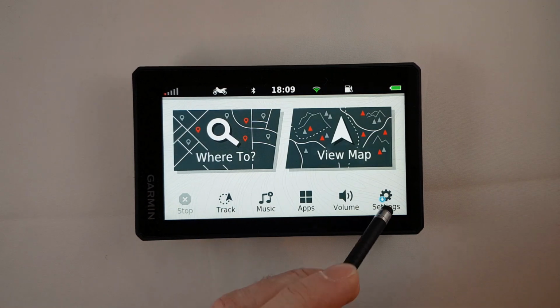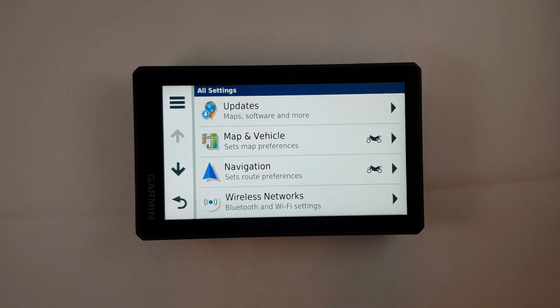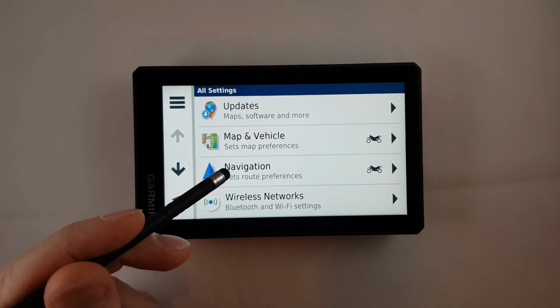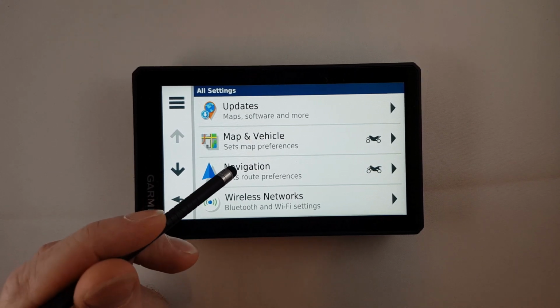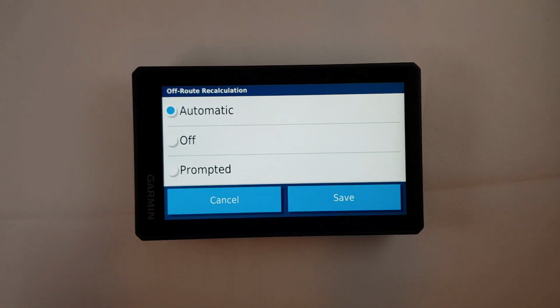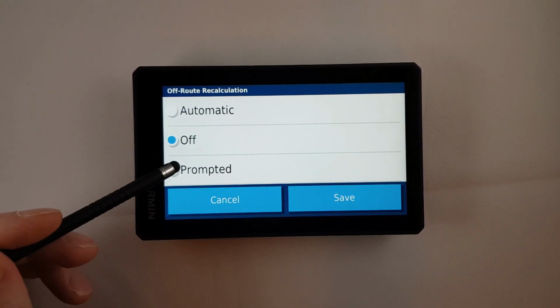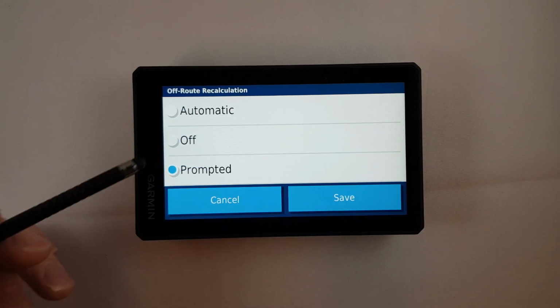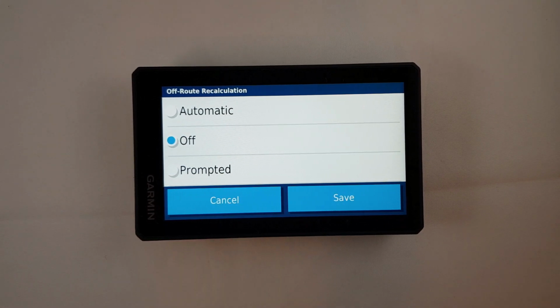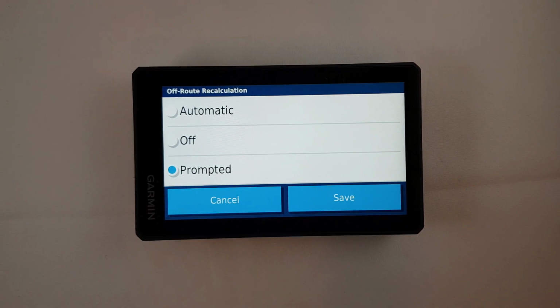And next click on Settings and Navigation, and notice there's a motorcycle icon next to Navigation. So these settings are specifically for the motorcycle usage mode. Next click Off Route Recalculation and change this setting from automatic to either off or prompted, and click Save. If the setting is set to off and you deviate from the route, it simply won't recalculate. If you set it to prompted, it will prompt you to recalculate, and that's a good setting to choose because